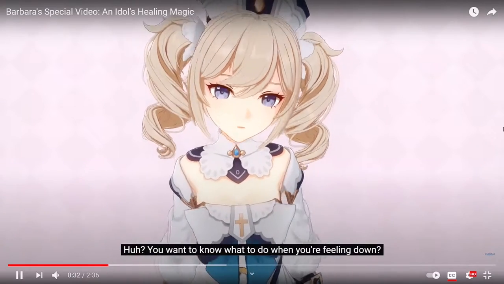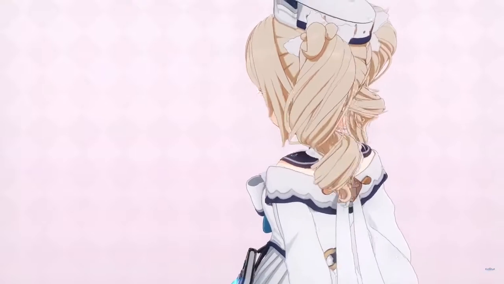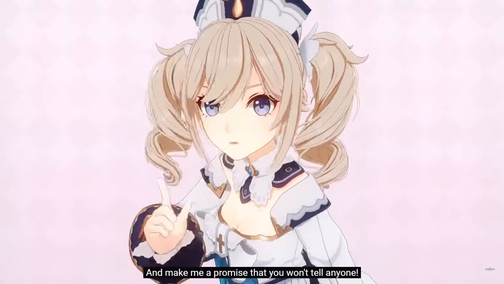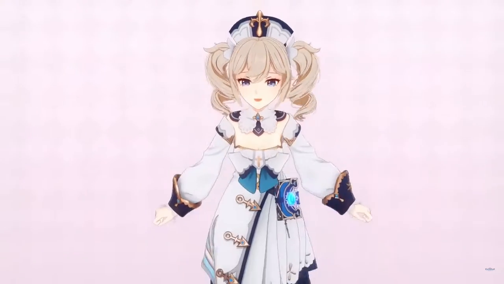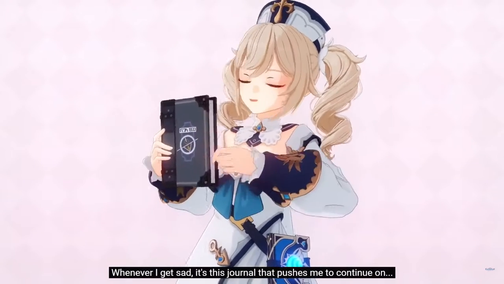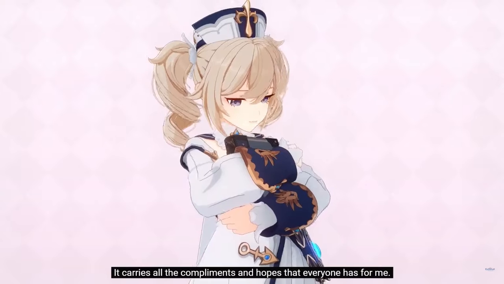You want to know what to do when you're feeling down? 100 spicy dried fish. You give me 100 spicy dried fish, and make me a promise that you won't tell anyone. If you do that for me, then I'll share my idol secret with you. Whenever I get sad, it's this journal that pushes me to continue on. It's no ordinary journal. It carries all the compliments and hopes that...